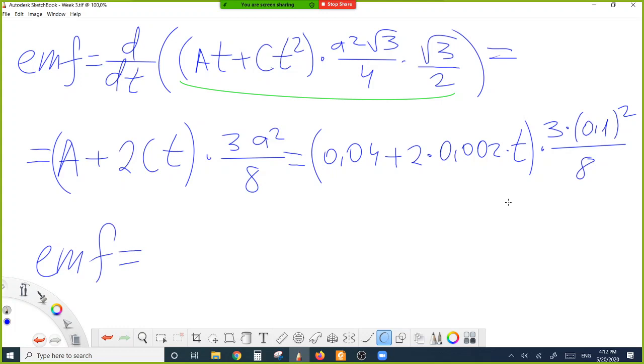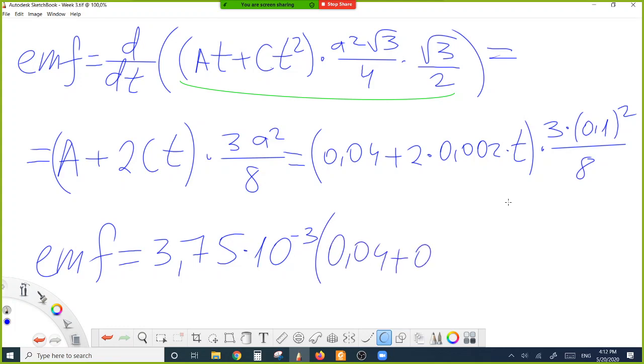Now let's compute the numeric values. 3 multiplied 0.01 over 8. Okay. 3.75 times 10 to minus 3, multiplied by 0.04 plus 0.004 t. Okay, we found the expression of